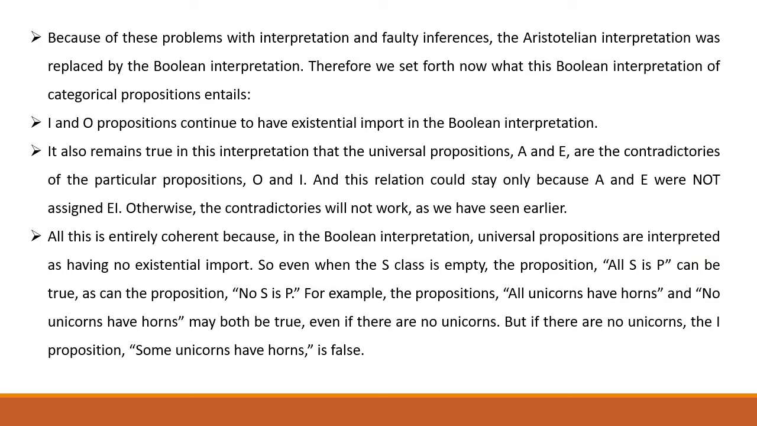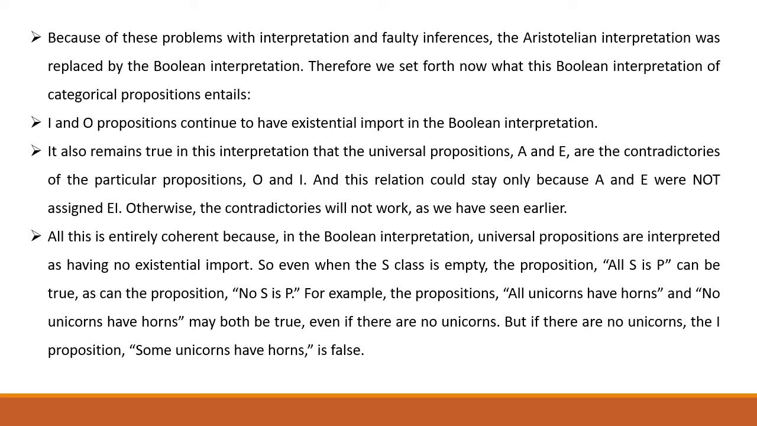Now, because of all these problems and faulty inferences, the Aristotelian interpretation was replaced by the Boolean interpretation. And what do we have exactly in the Boolean interpretation? The contrary, the sub-contrary, and the subalternation, these three relations do not hold anymore. Then I and O propositions do have their existential import, and most importantly, A and E, these two universal propositions, do not have any existential import anymore. So this is entirely coherent because in the Boolean interpretation, the universal propositions are interpreted as having no existential import. They are only understood as